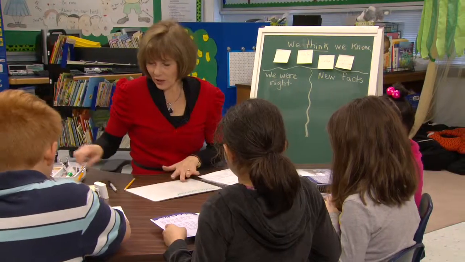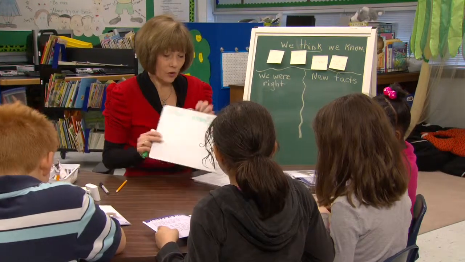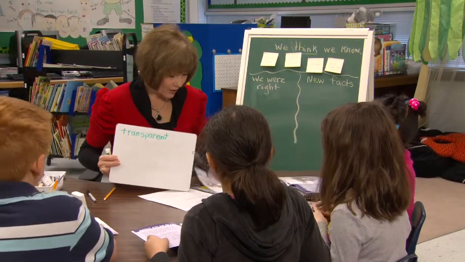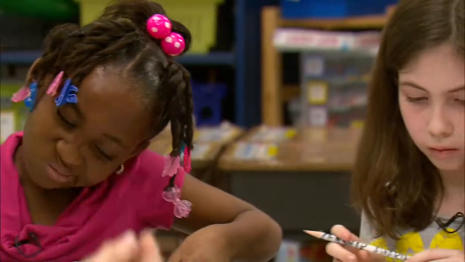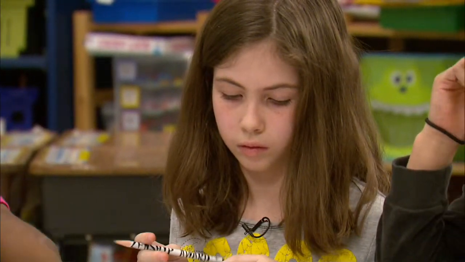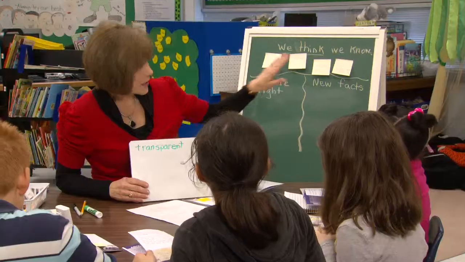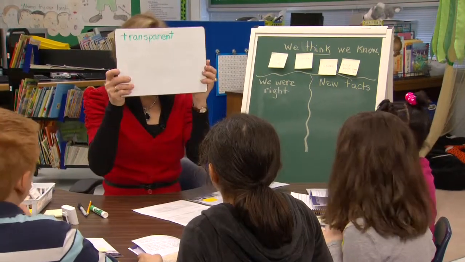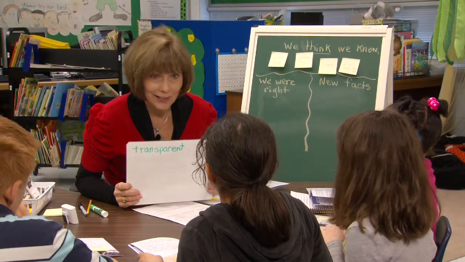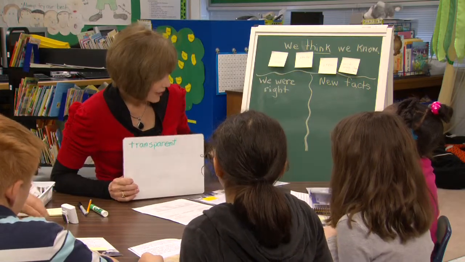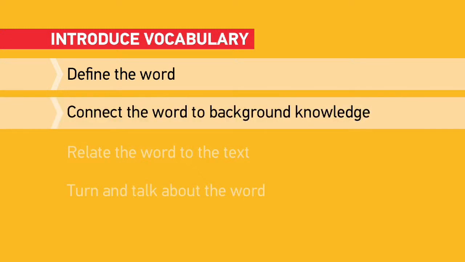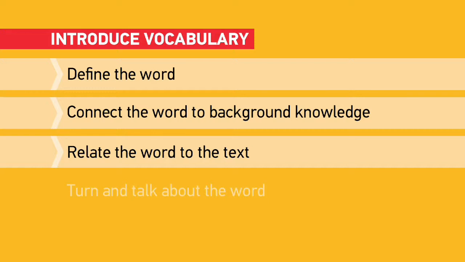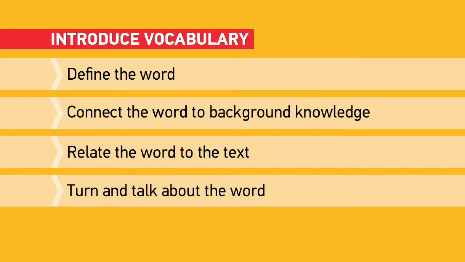It's important to teach both transitional and fluent readers how to use clues to define new words. So, when introducing new vocabulary at the beginning of the lesson, be sure to select only those words students can't figure out on their own by using context clues or the glossary. If you need to explain the meaning of a word students don't know, break it down into 4 manageable steps. Say the new word and give a simple definition. Connect the word to students' background knowledge. Relate the new word to the text, and ask the students to turn and talk to each other about the